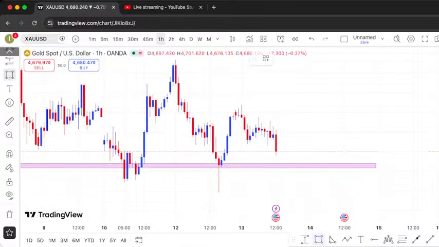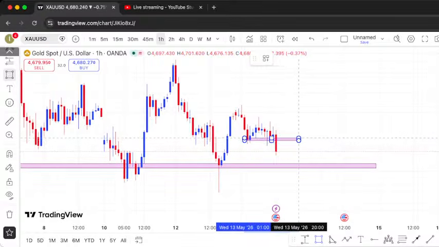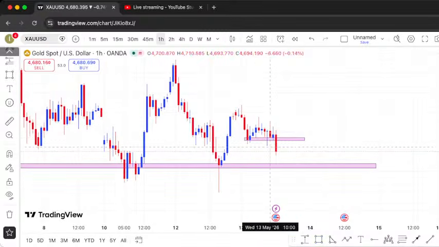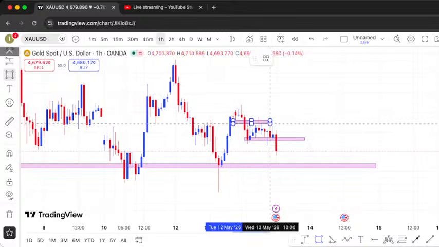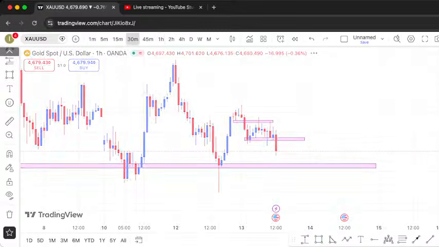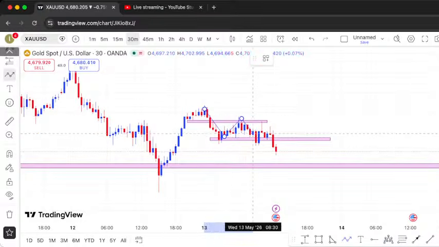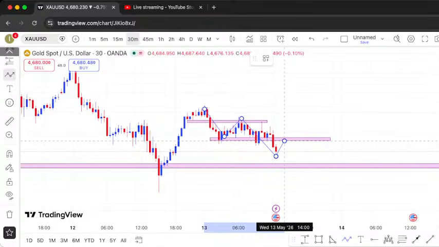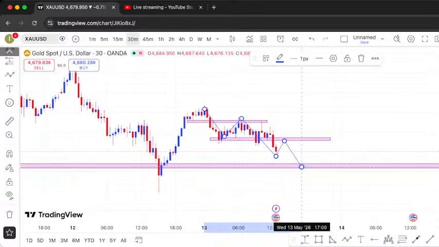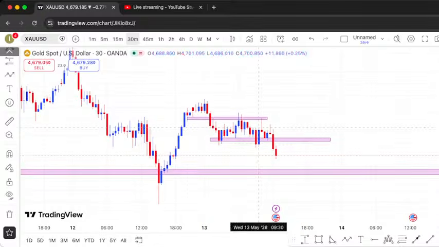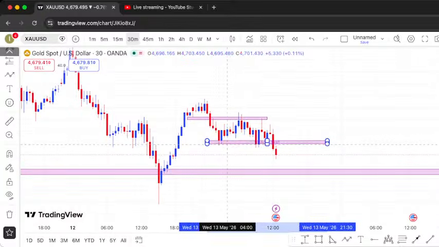But now we have what we call a BMS. The market broke a structure here, which is called a break of market structure at this zone. The market created a new low, so we are very bearish on the 1 hour time frame. The market keeps creating lower highs. It created a new low, pulled back to a lower high, and now it created another new low, and potentially another lower high for more bearish momentum on XAUUSD on the 30-minute time frame. So we are bearish on gold on that time frame.